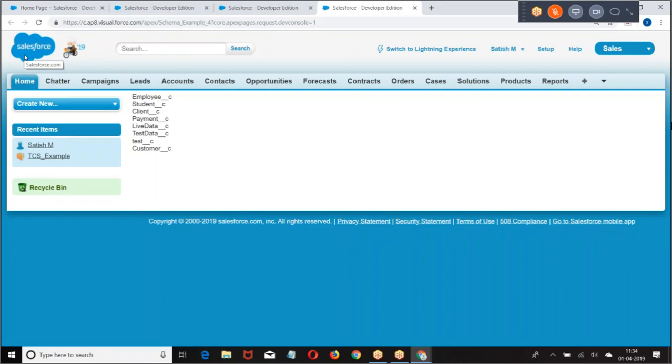Now the next question is, once you got the object, now let us take the next one. Now the point here is, if I give an object, I want to get the fields. Based on the object what I have given, I want to get all the fields of the object. Are you going to have a single field or multiple fields? We are going to have multiple fields. Right. So let us see how to get multiple fields.